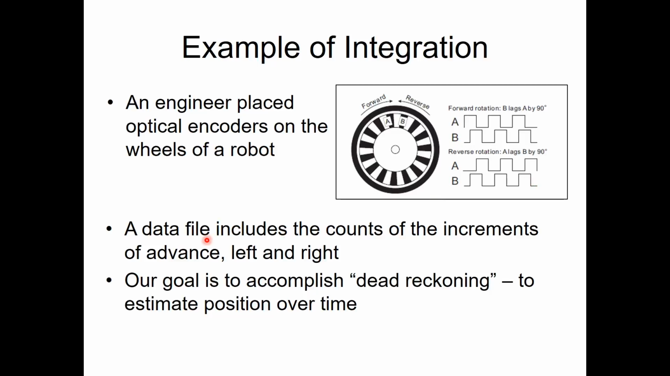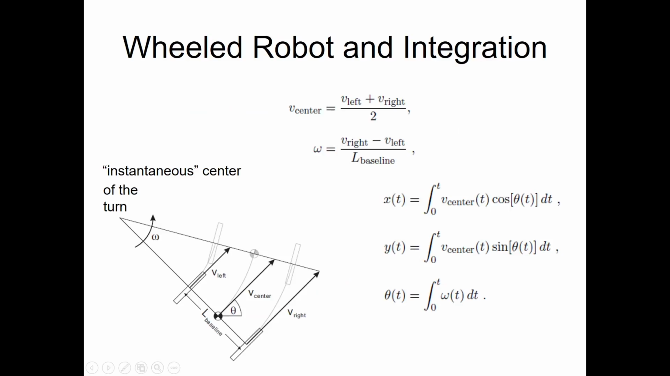Now, these encoders provide you a data file that has the counts of the increments of advance to left and right, and I've processed those already to give you the velocities forward and back. And our goal is to accomplish something called dead reckoning. When pilots are flying, they use that process called dead reckoning to take their heading and their velocity to update their position. And we're going to use that now to deal with the robot,